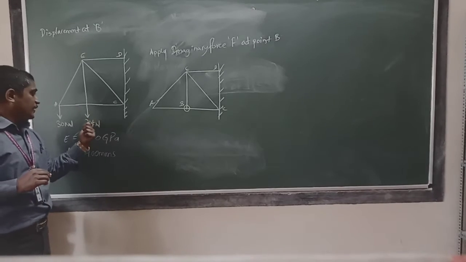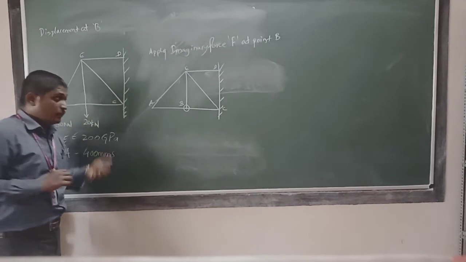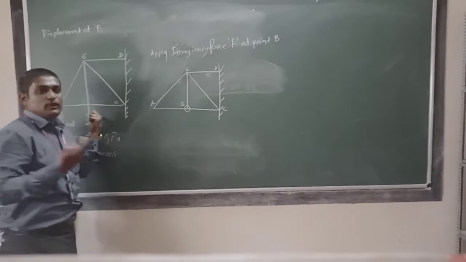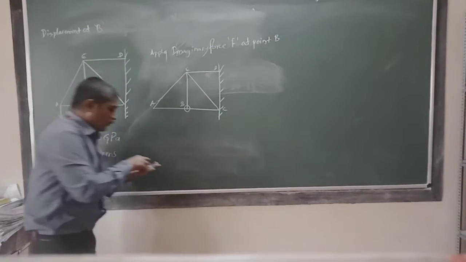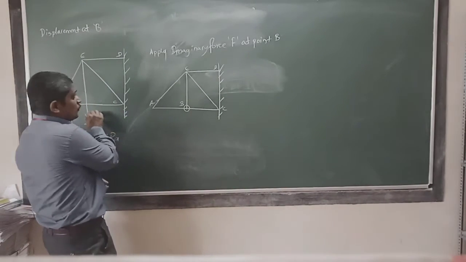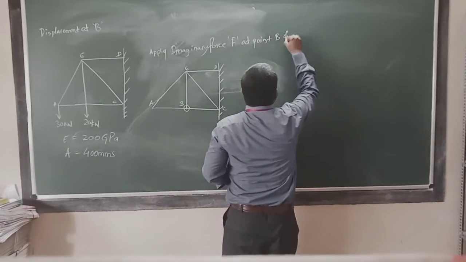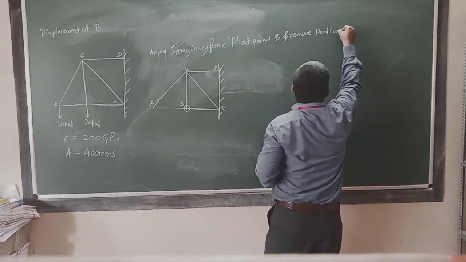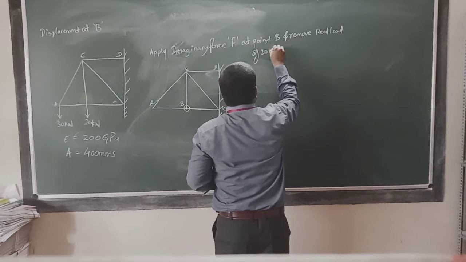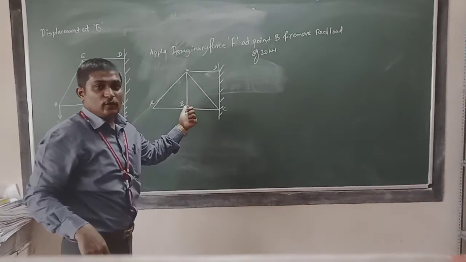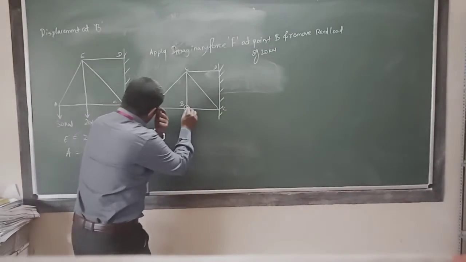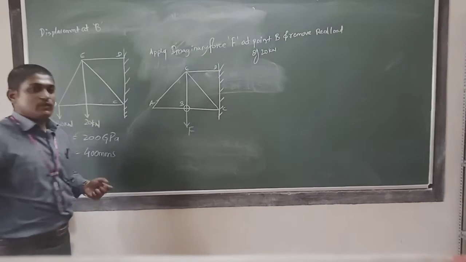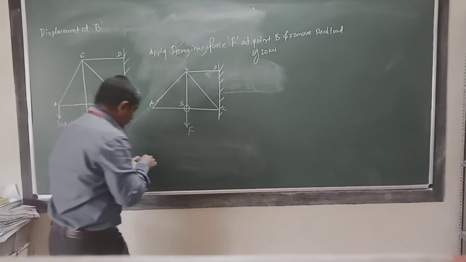In the real structure at point B, there is already a real load of 20 kilonewton. Okay. So as per Castigliano's principle, if they don't give any load here, there is no need to remove anything. But here the load is there already. So what you have to do is remove this real load of 20 kilonewton, because already at point B there is a real load of 20 kilonewton. Now I will remove that 20 kilonewton load and apply an imaginary force F, which is unknown here.